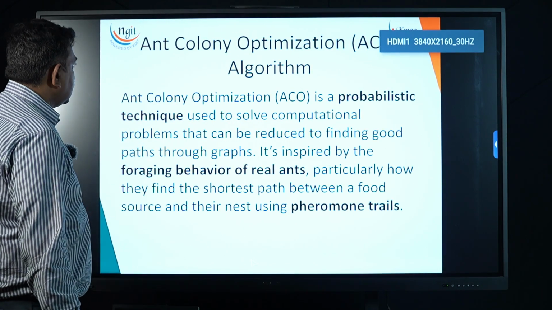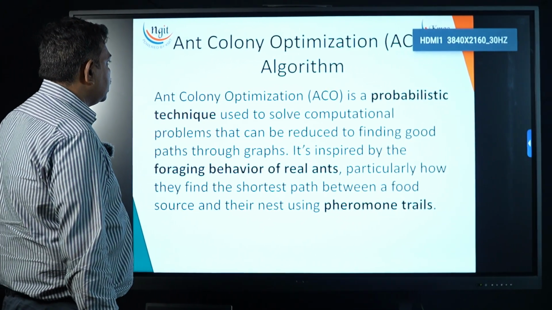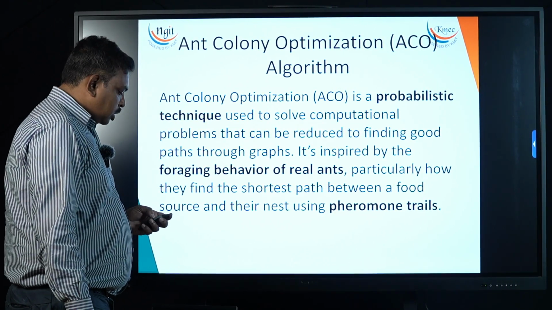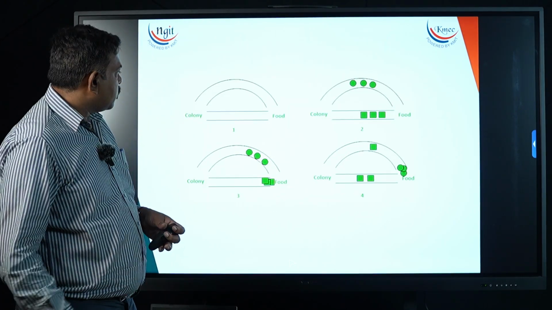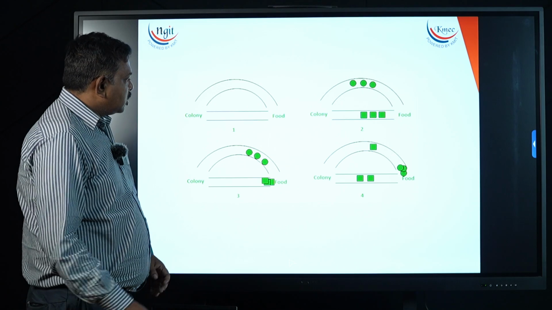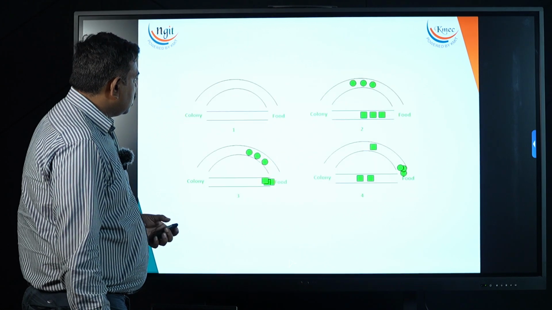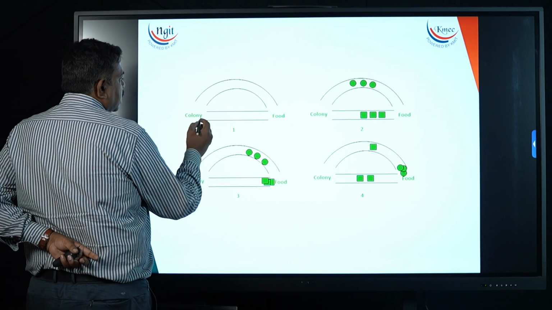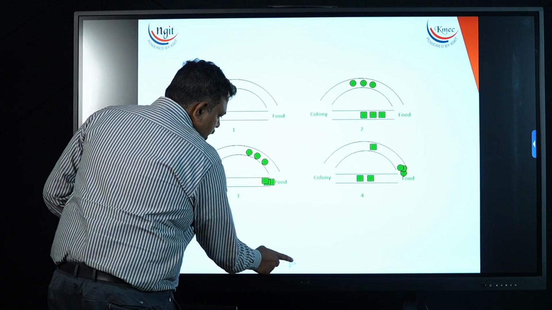The last one here, another local search algorithm, is ant colony optimization. Ant colony optimization is a probabilistic technique used to solve computational problems. It is inspired by ants. Suppose there are ants staying in some colony, and they want to grab food. Generally ants all go in a queue, as a group. Suppose for the food there are 2 routes from the colony, one short route and one long route. Initially one ant starts